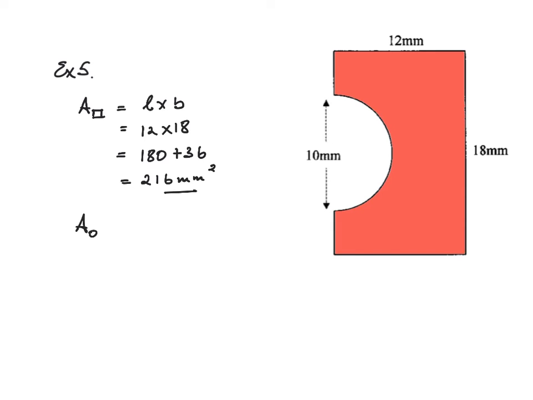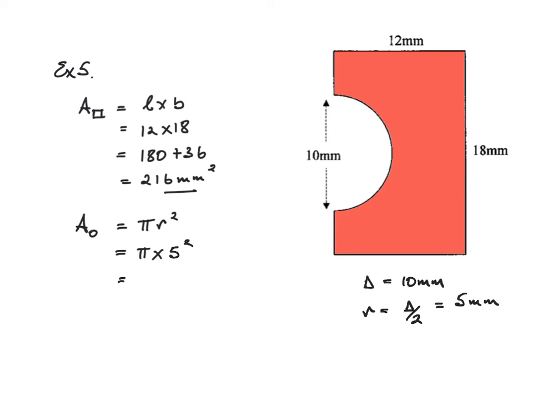The formula for the area of a circle is pi r squared. Now this number here, that's the diameter of the circle, that's the distance from one side of the circle, or the semicircle, to the other, through the centre. That's the widest point. So the diameter is 10, and the radius is the diameter over 2. So 10 divided by 2 is 5 millimetres. So pi times 5 squared